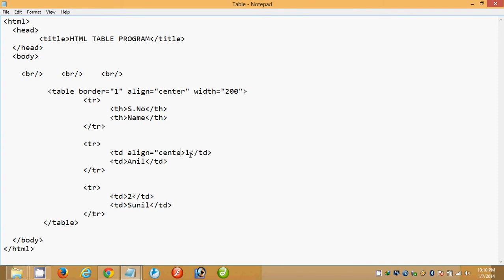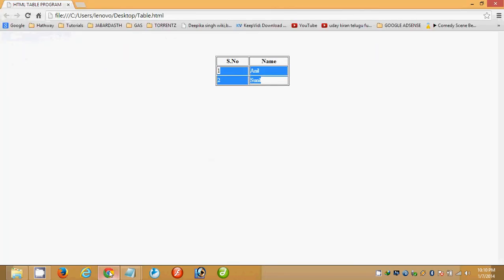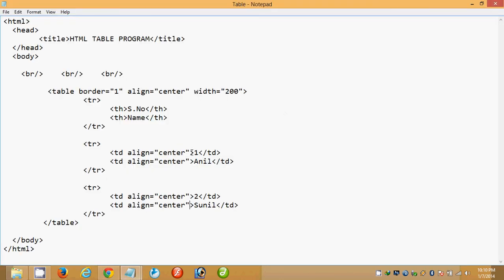I will copy this text, Control C, and paste it in all the TDs. Now these texts are also aligned at center, and in the same way we can give background for this, like bgcolor equal to lime.